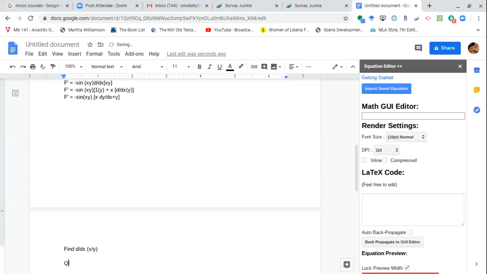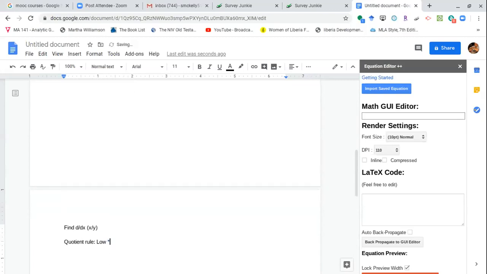The quotient rule says, and the quotient rule applies regardless of whatever rules you're using, low times the derivative with respect to x of high, minus high times the derivative with respect to x of low, and all of this